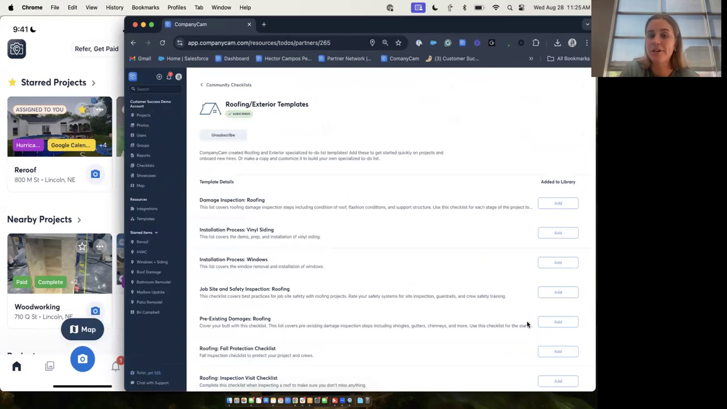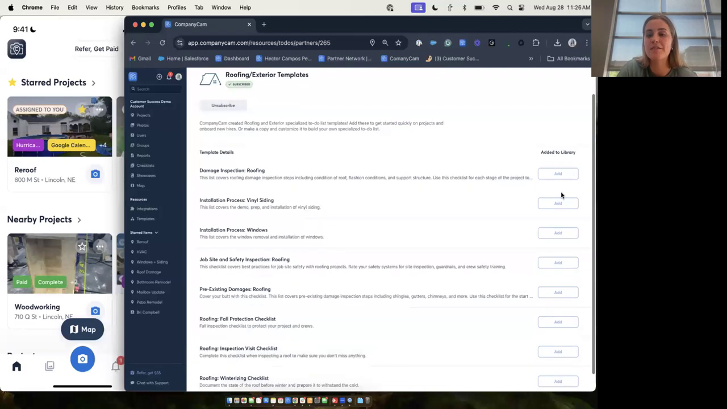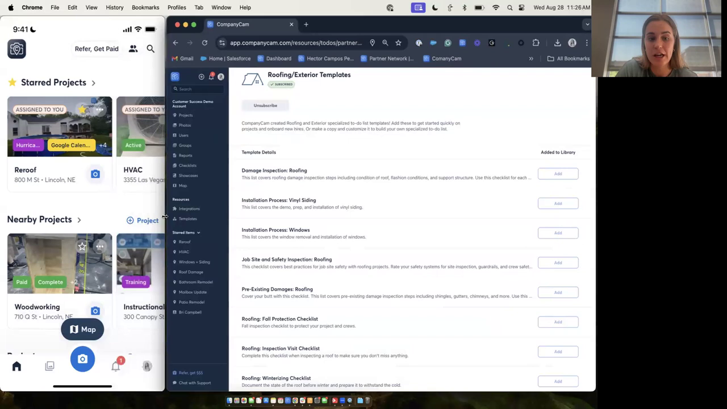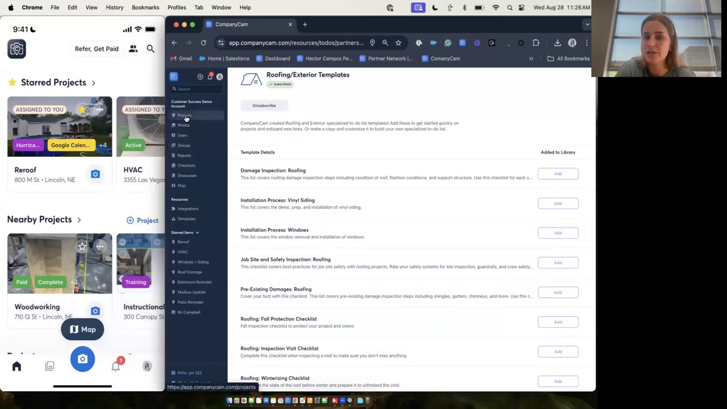But if you're seeing this for the first time, you do have the ability to subscribe to them. So they will auto add to your account as they add more, or you can go through and individually add these to your account. If you would like to then go and use this checklist or even view it, just simply go back to